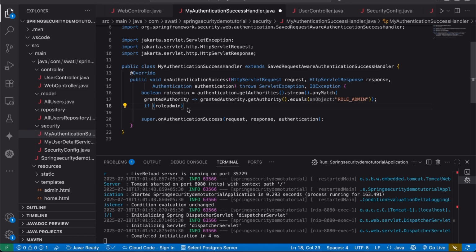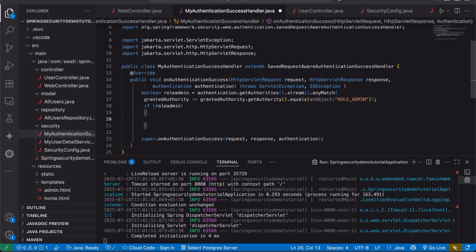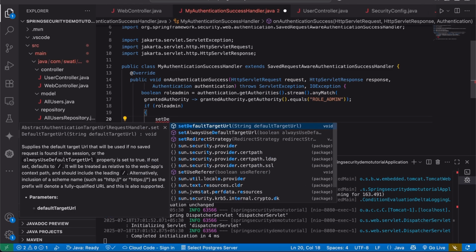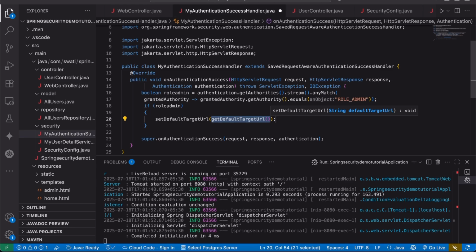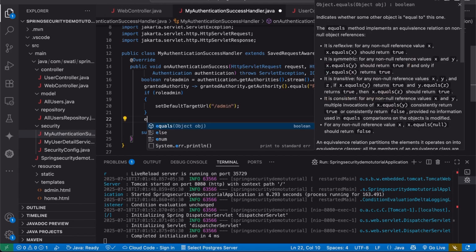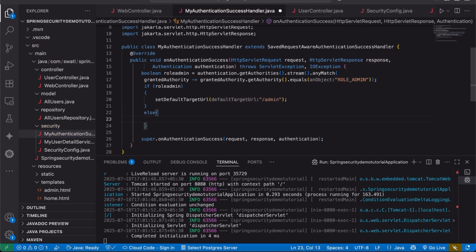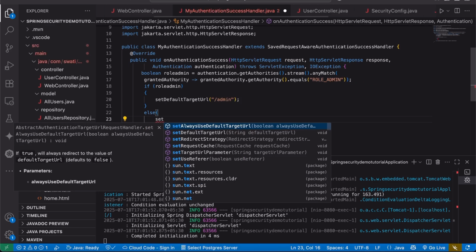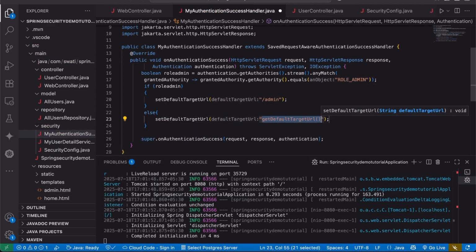So if role admin is true, then set default target URL. So the default target URL that it should go to directly without going to the home page should be the admin. Okay, simple. And if it's not the case, let's say if it's not the admin, then else, what should else do? Else should set the default target URL as what? User. Right? So since we have only two roles, admin and user,